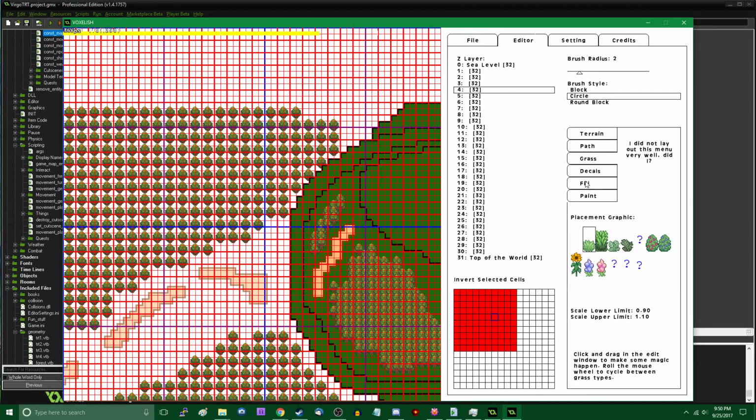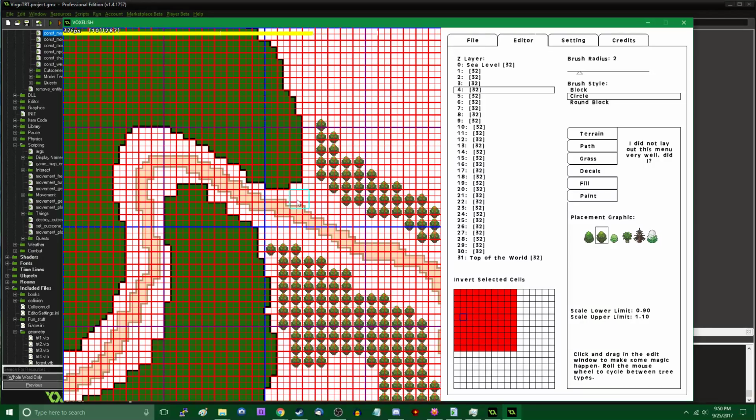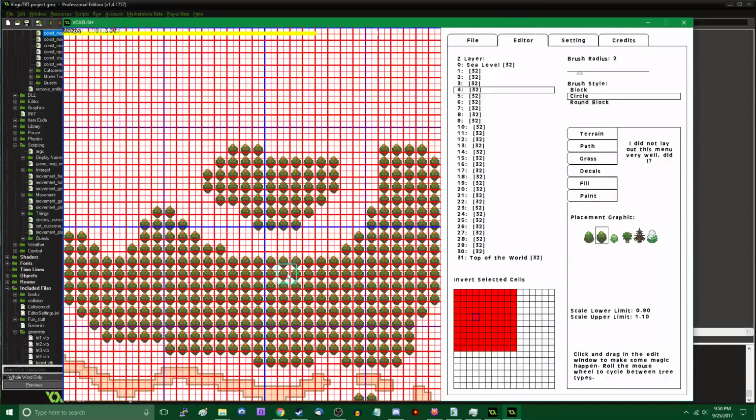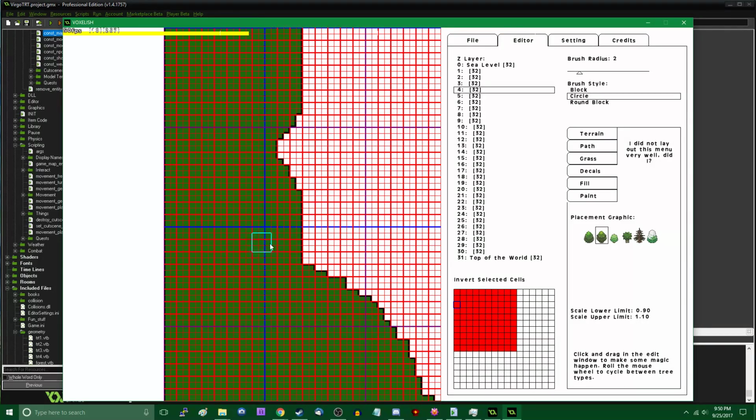Let me go decals, or otherwise known as trees. Let me go back here. I'll deal with the density of the forest later, I think. But for now,